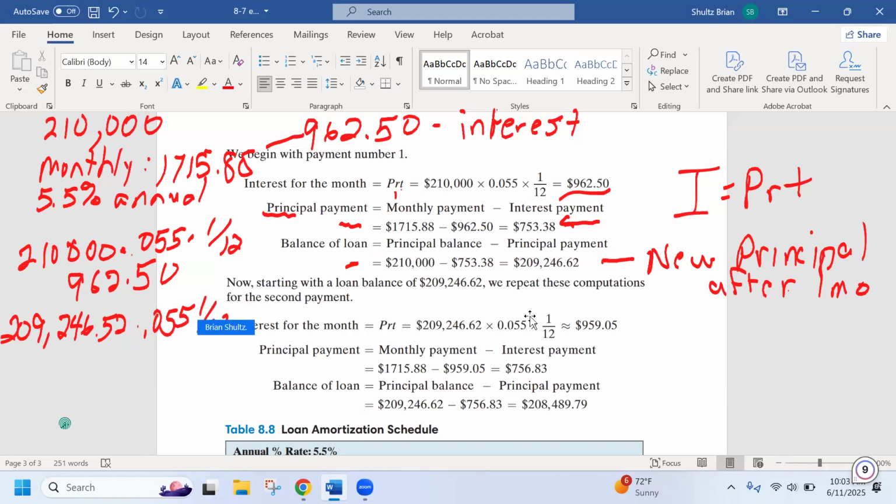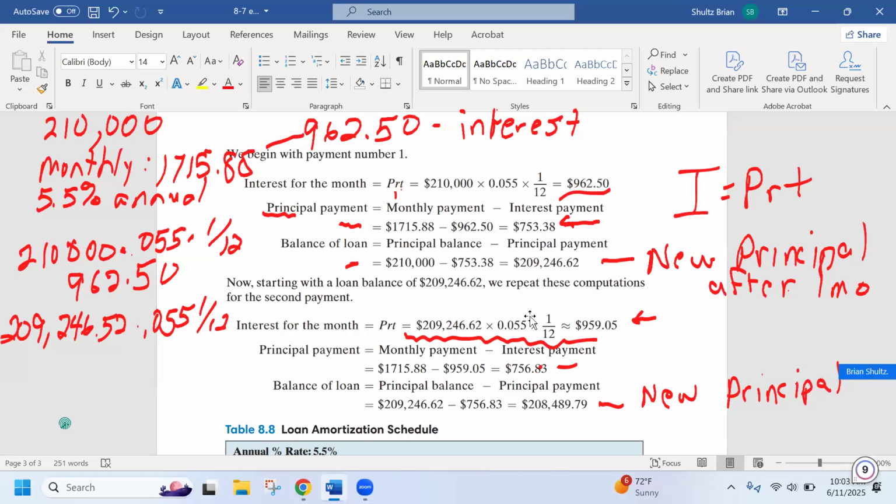That's what's going on right here, and I get 959.05. So the interest I'm paying lessens on the second one. It goes from 962.50 to 959.05. Then I subtract that from the payment amount, which tells me how much I pay on my principal. I subtract this from my principal amount, and this is my new principal after 2 months,